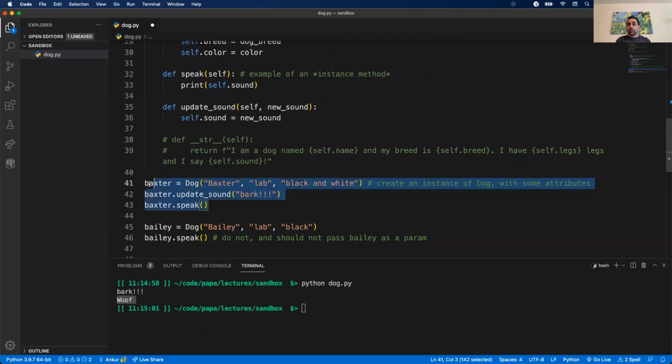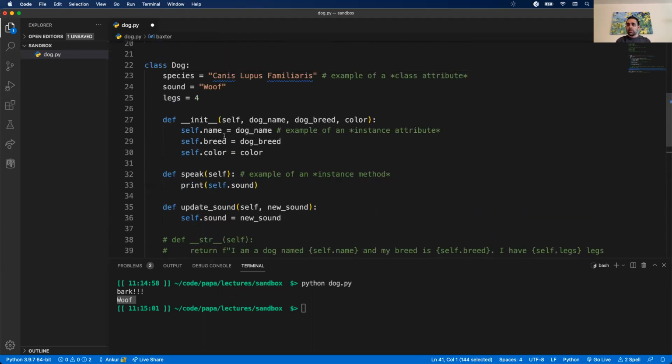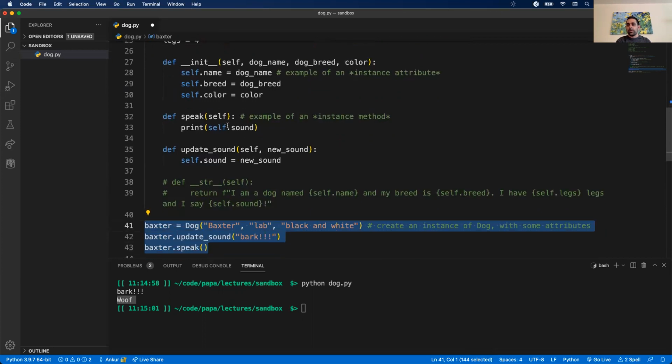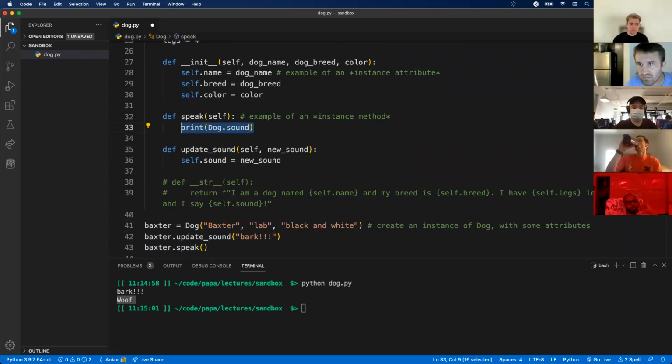So in one case for Baxter, we're creating an instance level attribute called sound that will override the class level attribute. The instance level attribute gets preference over the class level attribute. However, if we did modify our speak method and called dog.sound instead of self.sound, let me ask